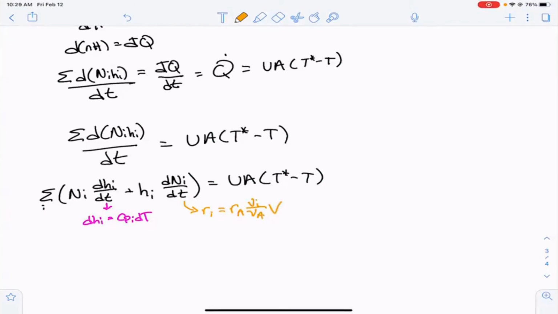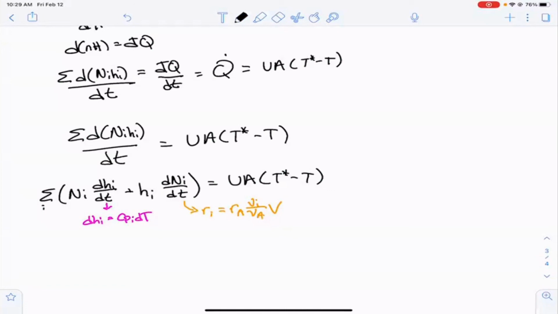But what about reactions that don't involve A? They're also endothermic or exothermic. And the example we'll solve next time is A goes to B goes to C. Well, of course, that has one reaction enthalpy, that has another one, but both of them don't involve A. So somehow we have to take both of those into consideration. And we'll do that next time. We'll do an A-centric problem, and we'll do a problem that has multiple